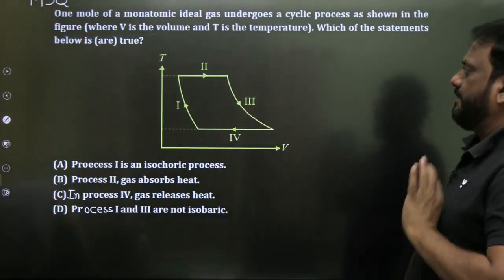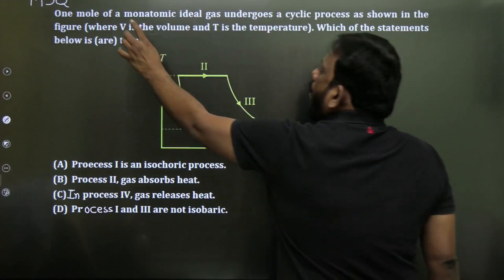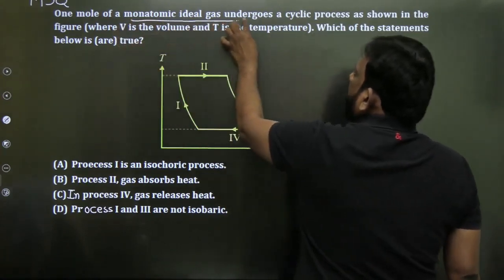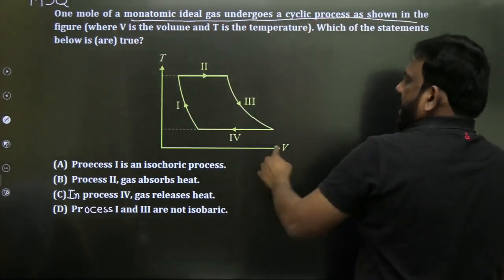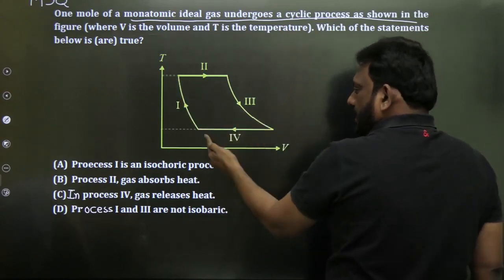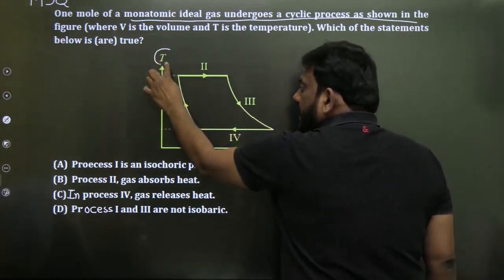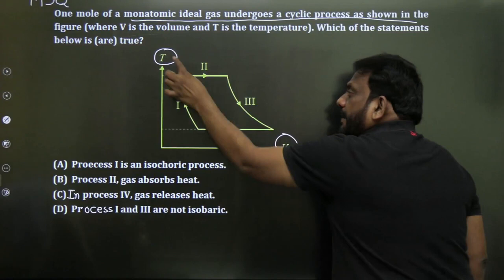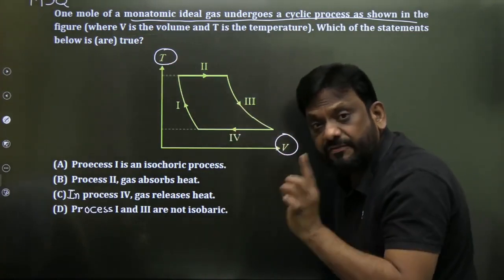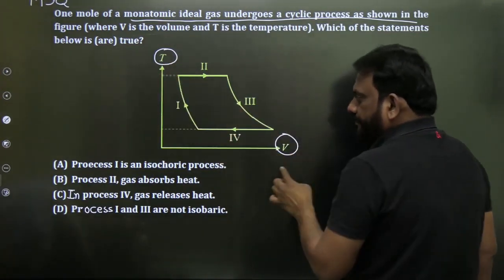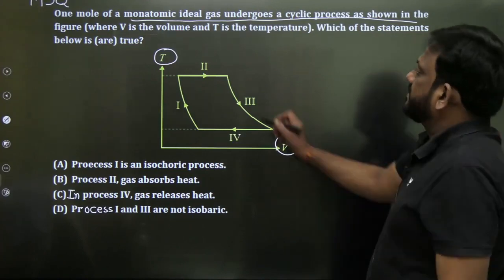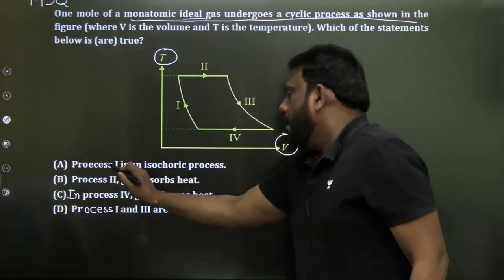Let's take this. Again, this is an MSQ question. One mole of monoatomic ideal gas undergoes a cyclic process as shown in the figure. Please look at it. It is on TV coordinates, that is temperature-volume. And look at, my dear students, it is an ideal gas. Now what is it saying? Process 1 is